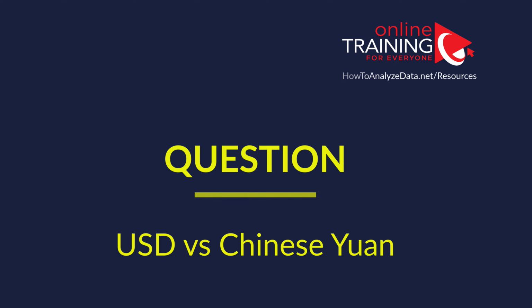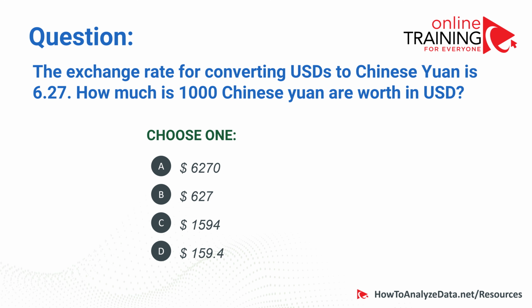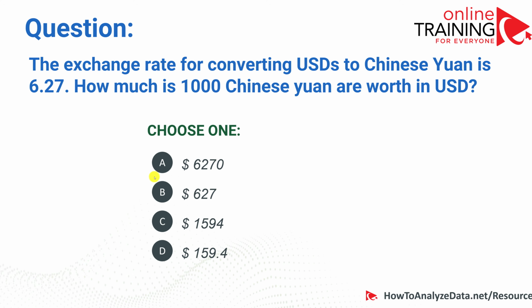And now let's look at the next question, which is very frequently used as part of aptitude tests, math reasoning, abstract reasoning, and logical reasoning tests. The exchange rate for converting US dollars to Chinese yuan is 6.27. How much is 1,000 Chinese yuan worth in US dollars? And you have 4 choices: